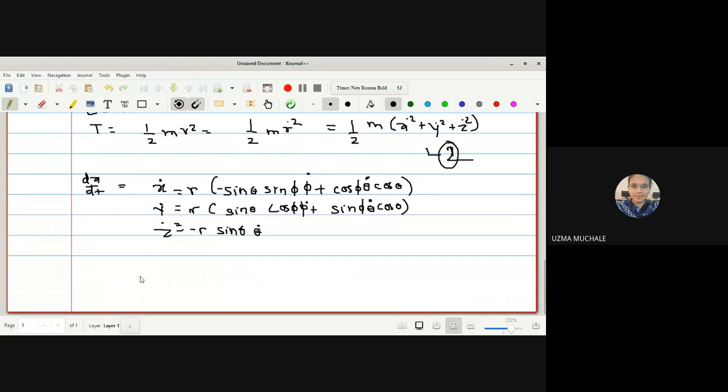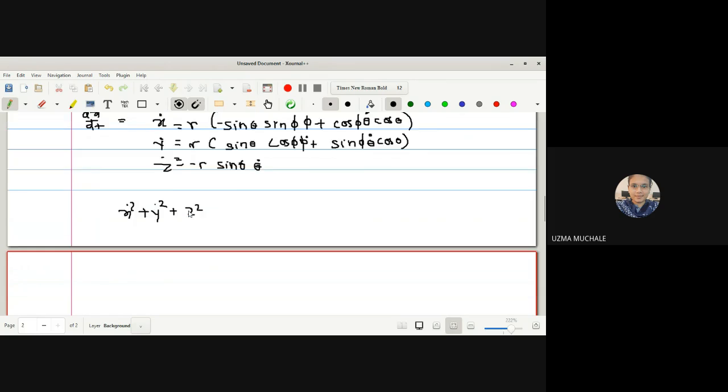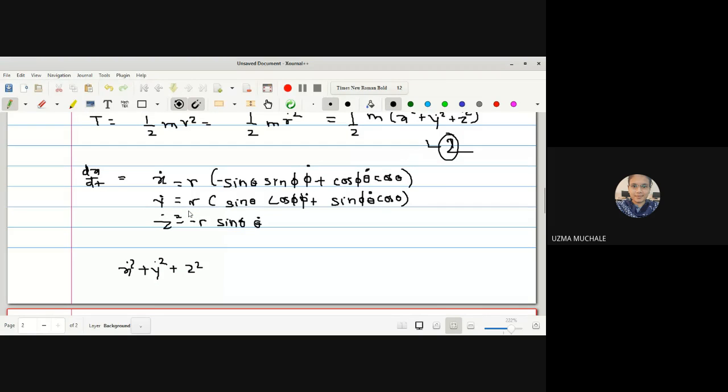Okay, let us go for finding x dot square plus y dot square plus z dot square. What will it be? Everyone try to find out. It is easy to solve. Everything is here, I have written. You just have to square it, add it and tell me the answer. I think the PG student can do this.